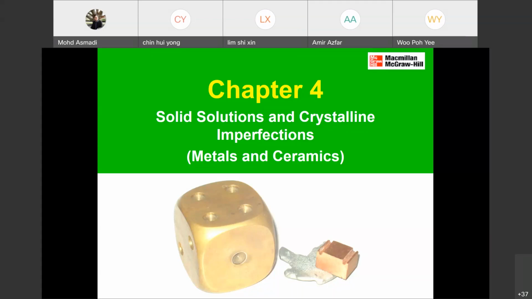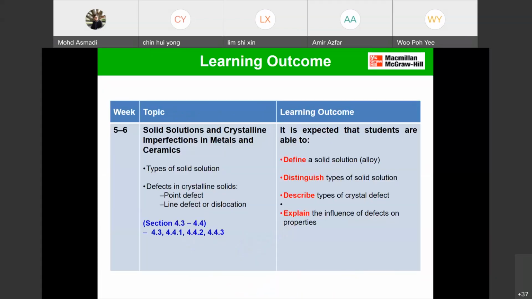How can we know that the metals can stabilize 100%? We have to follow the Hume-Rothery's rule. That one we will discuss later. So for this topic, we will discuss the types of solid solutions. The importance of solid solutions, this chapter is going to be related with